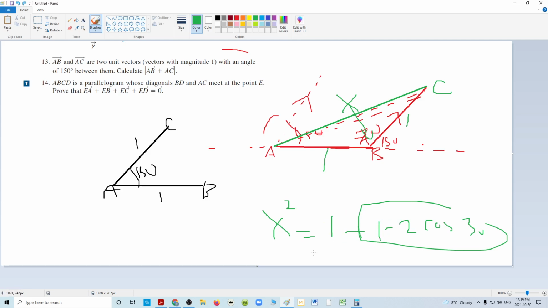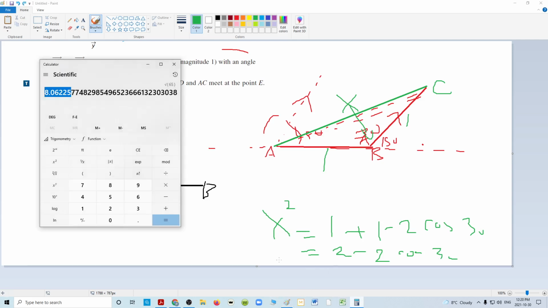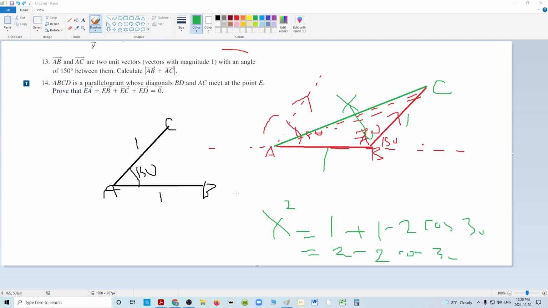I have to figure this part out before I can add it, but I can add these. So 1 plus 1 is 2. So I'm getting 2 minus 2 times the cos of 30. But remember, this is equal to x squared, not x. So I go 2 minus 2 times the cos of 30 equals, and I get this small distance here. You're going to take your cos of 30. It's 0.86, so it's most of 2. Minus 2 is equal to that. Then you want to take the square root, because if x squared is equal to that, the square root of both sides will give you x. So x is actually equal to